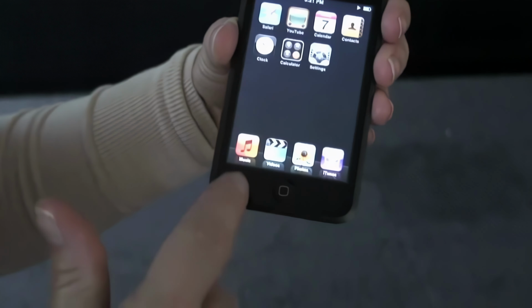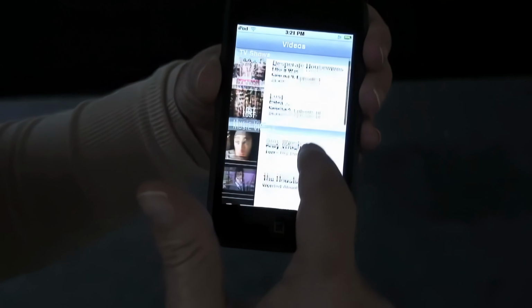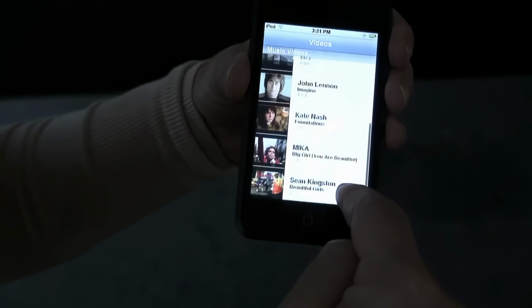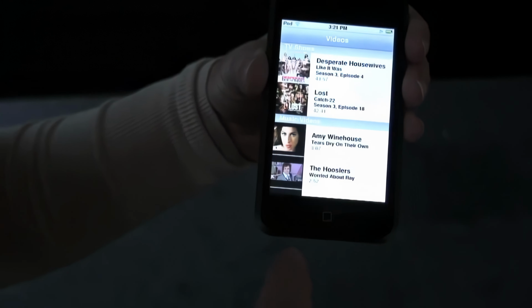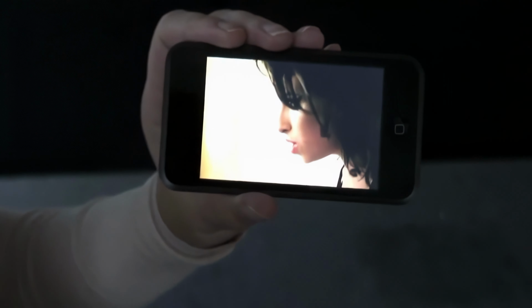Also from the home screen, just videos. Your videos are one tap away. I tap videos, I see all my TV shows, all my music videos, video podcasts, just one simple tap away. All you need to do is tap, and iPod Touch automatically starts playing your videos in landscape orientation, all on